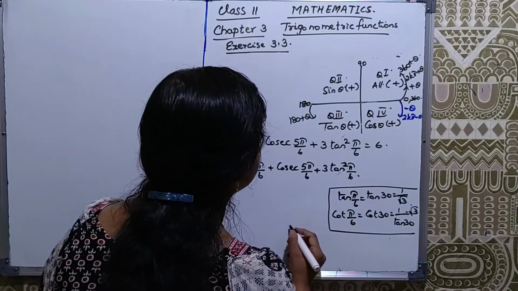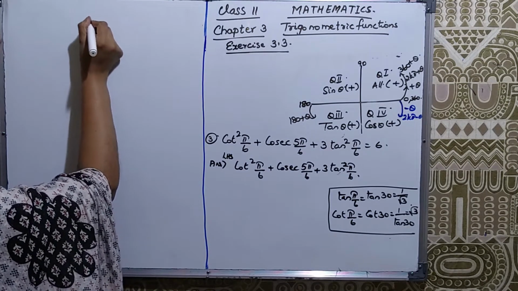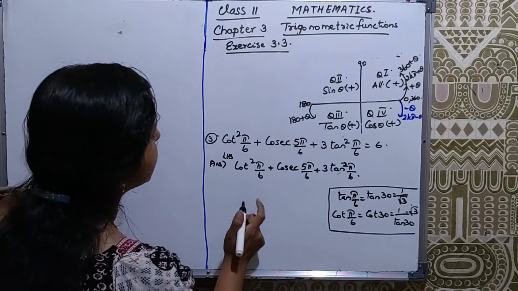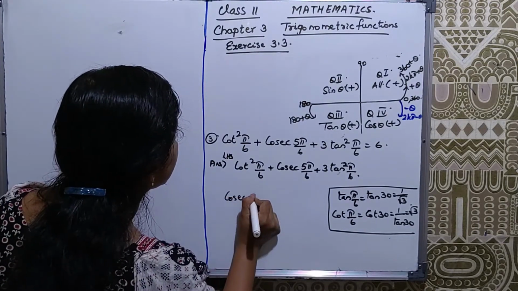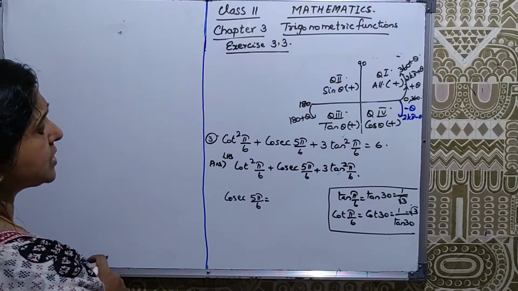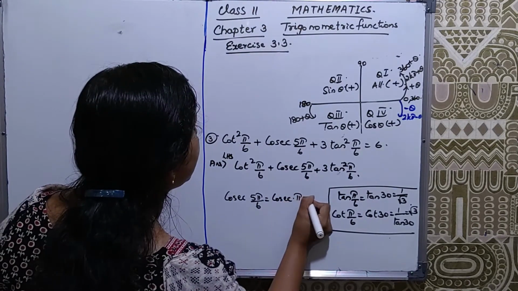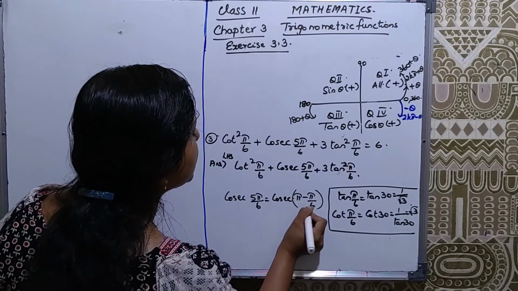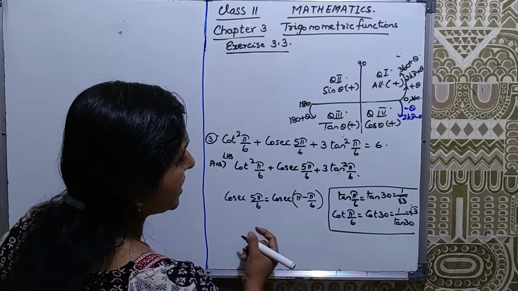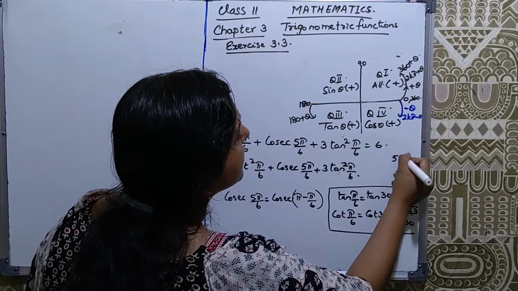Now cosec 5 pi by 6. Cosec 5 pi by 6, I'll take the even multiple. So it will become cosec pi minus pi by 6. Pi minus, meaning 6 pi minus pi by 6, so that will be 5 pi by 6. If you have doubt, you can actually divide it. So 5 pi by 6, when you divide with the 6 table,